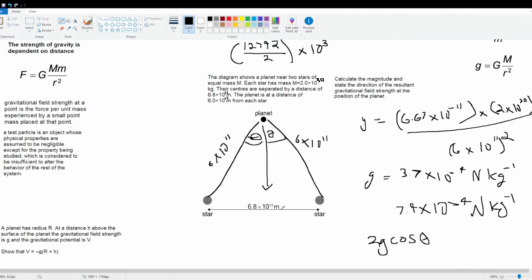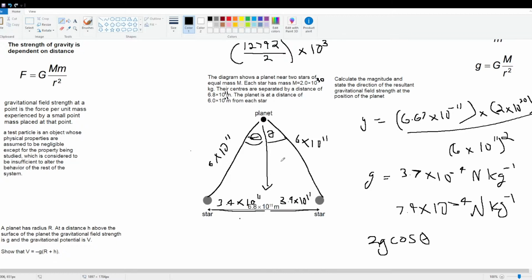So what we're going to do is, well, straight away we already know what this length is, right? Because the whole thing is 6.8 times 10 to the power of 11 meters. So that means half of it is just going to be that, and the other half is just going to be that. Right, so let's just do our little trigonometry here. So opposite is this one, and hypotenuse is this one, so we're going to use sine,